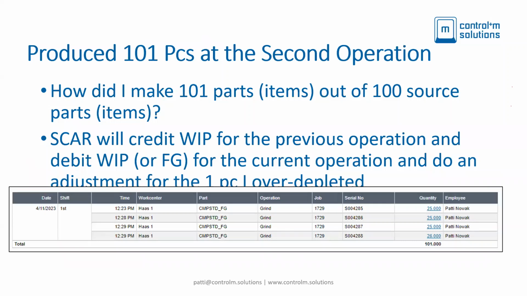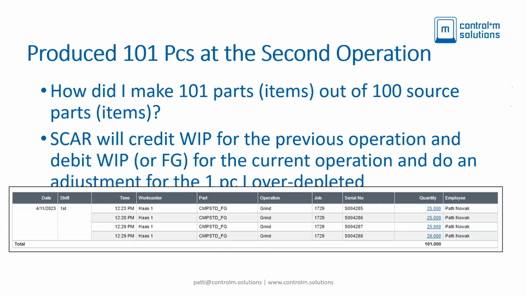All right, the remaining production operations really work all the same, but of course we'll throw in a few complications to make things interesting here. At the second operation, we're going to allow some over depletion. What is over depletion? Well, generally you wouldn't see it at the second operation unless someone miscounted at the first. Generally, you'd see it on a raw material operation, but in short, it's using more than what Plex thinks you